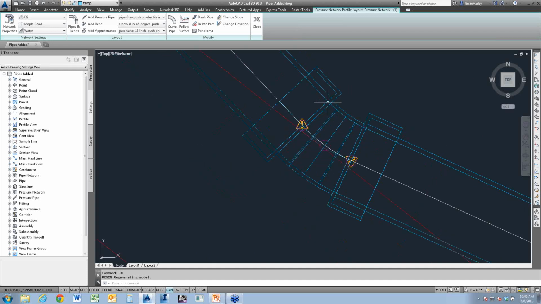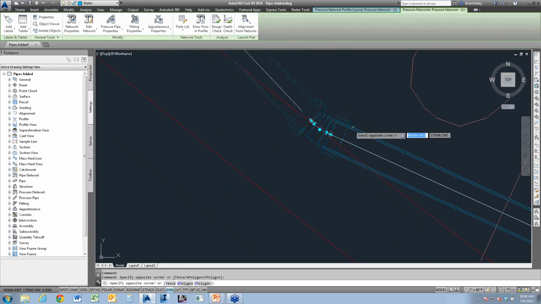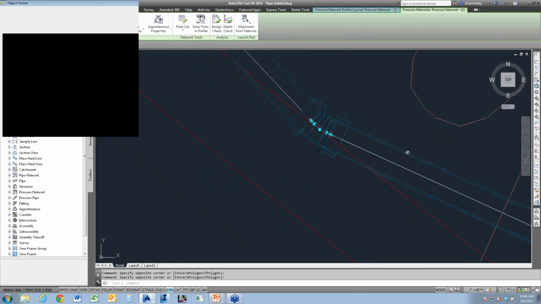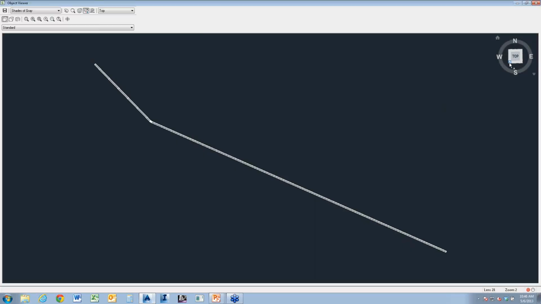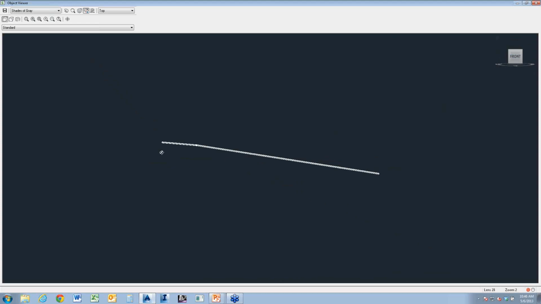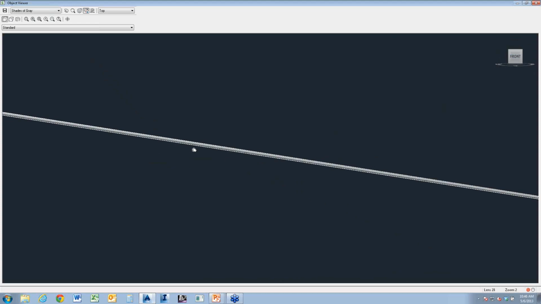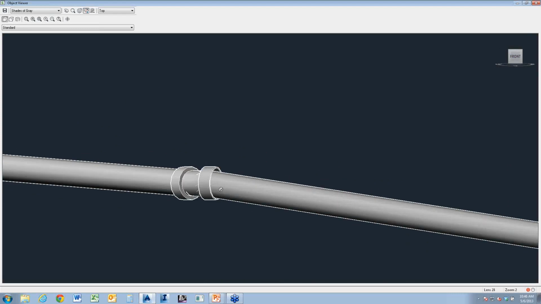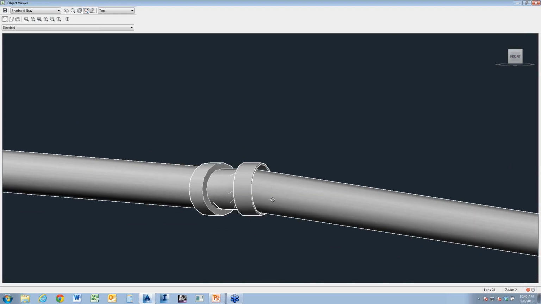Why is it 3.28? Well, most likely, if I pull this thing off into an object viewer and go to a side view, you can see there's quite a bit of elevation deflection here. And so it actually takes into account the elevation deflection as well. So that's why we're getting the issue here.